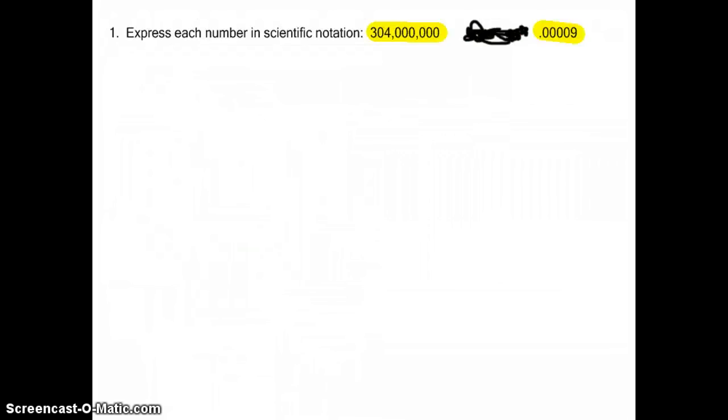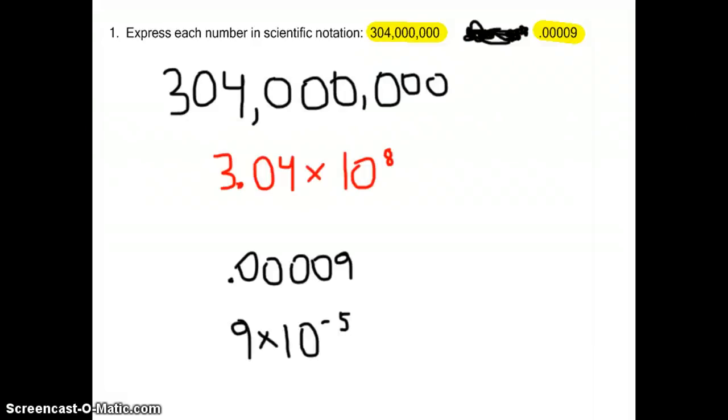Okay, so for this one you're going to express each of those highlighted numbers in scientific notation. So you'll actually have two answers for this one. Go ahead and pause it and you can begin. Okay, so for this first number, we need to draw out the 0 and the